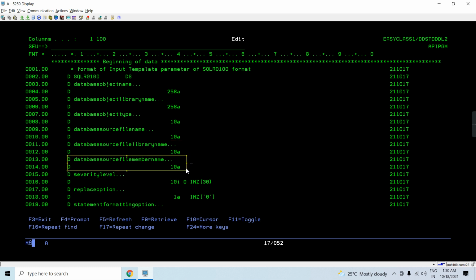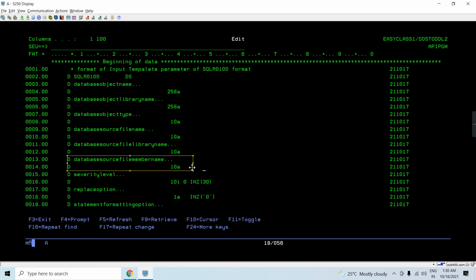This is going to be the source member in which that SQL source is going to be generated. So this has to be present once we are going to call this API. So we need to create this member.